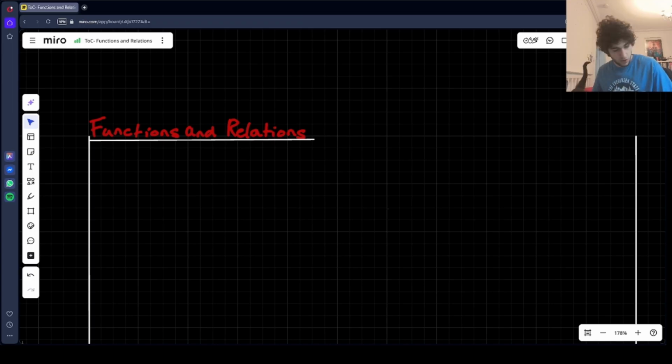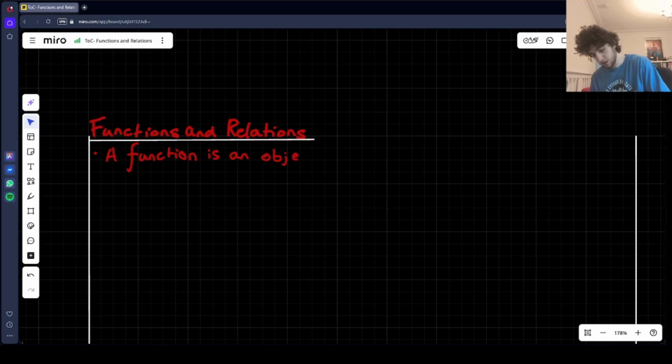Okay, so what's a function, first of all? Well, a function is effectively an object, okay? So you know how we're talking about you can put objects in sets. It's not unreasonable to therefore say that you could also put things like functions inside sets, right? Because it's an object, okay? So that term object is very loose, very open to interpretation, right? And in this case, well, not just in this case, it is an object, okay? So a function is an object that sets up